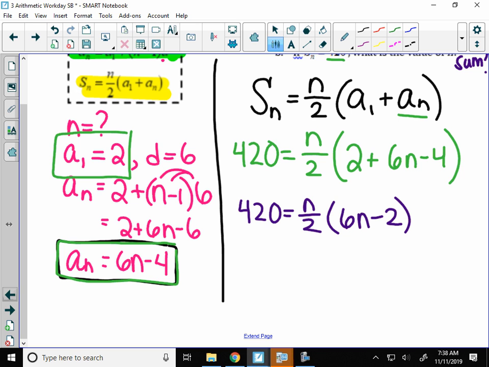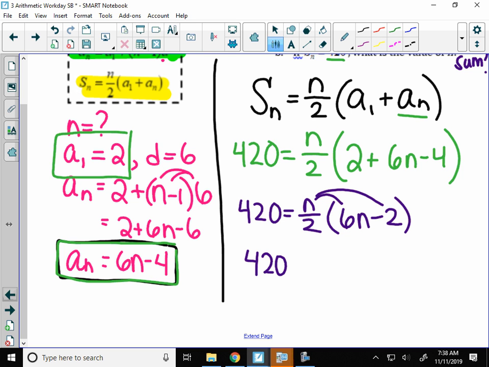I don't want that 2 in the denominator. So what I think I'm going to do, let's see. I could multiply both sides by 2, but then I think my numbers are going to get really big, and that'll equal 840 on one side. I think this time, because 6 and 2 are both even, I'm going to distribute the n over 2. And again, just like the first video, I could multiply both sides by 2 here, but